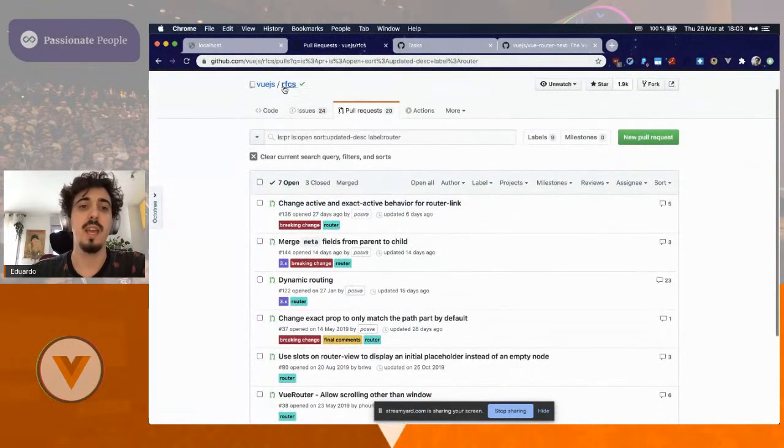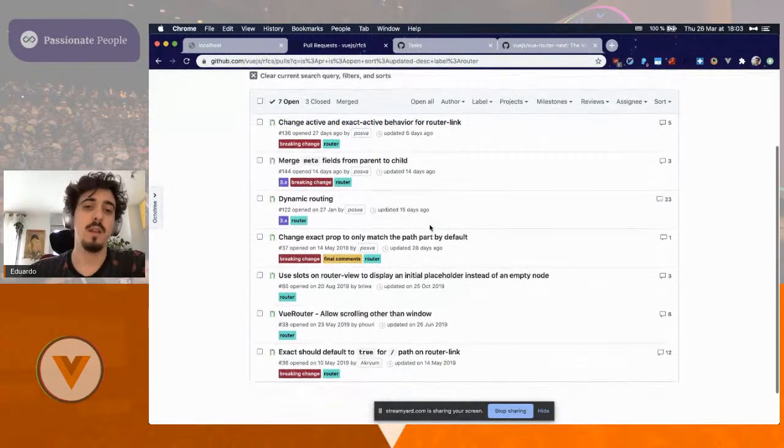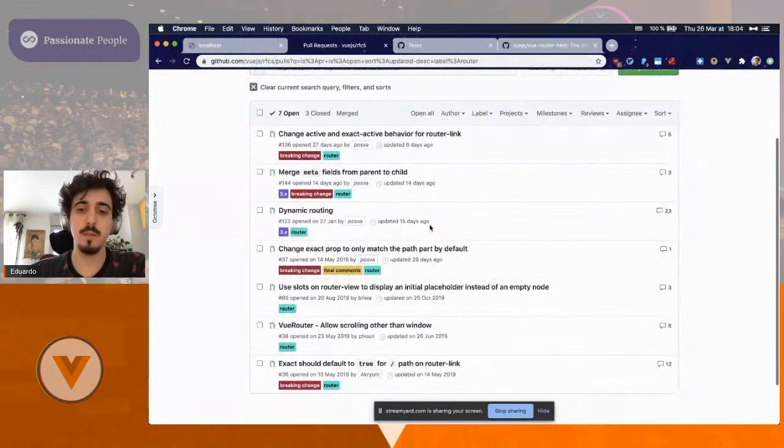ongoing. On the RFCs repo, you have a label for router. And there is only one that has been merged so far, which is the v-slot API, which we're going to talk about a little bit. There are a few things that I still think need some feedback, but they are looking good, like dynamic routing, merging the meta fields, and changing how the active and exact active behavior works on router-link. And I'm going to talk about them